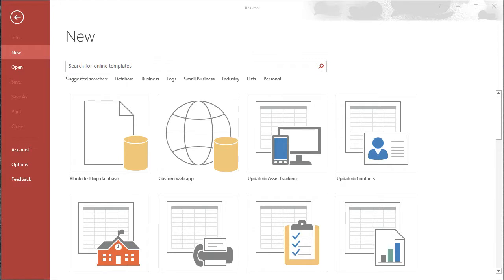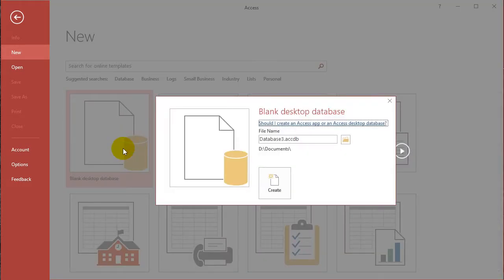If you open up Microsoft Access, the first window, my version is Access 2016, you will just create a blank desktop database. So just click that and choose where you want to save it. I'm going to save it called, let's say, tutorial.accdb, and you can change the folder path if you want to save it somewhere else. Click create,